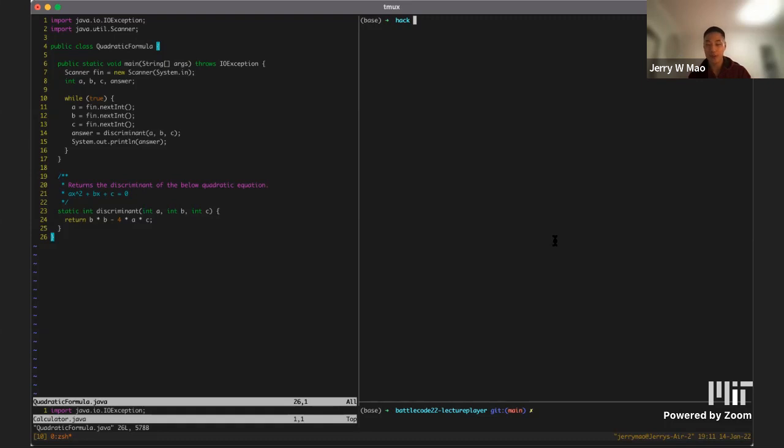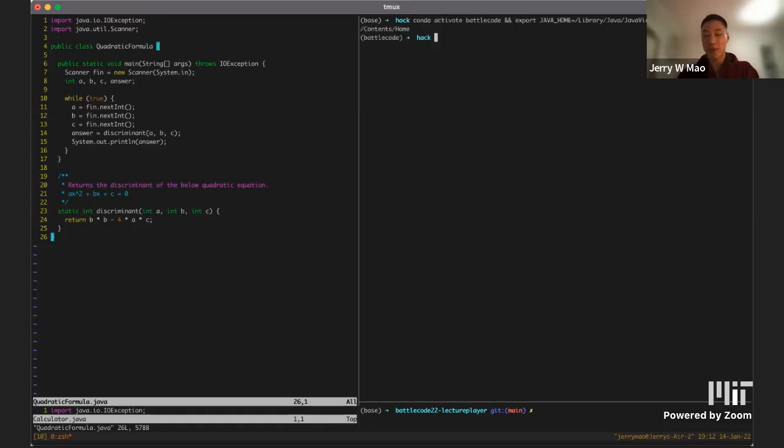So what we're going to do is we're going to take a simple program on the left, which just computes the discriminant of a quadratic equation. And we're going to actually take a peek at the bytecodes in this program and get a feel for what's actually going on, what Java is actually doing. So we have a program like this. The first thing we're going to do is we're going to compile it just like we would do for any